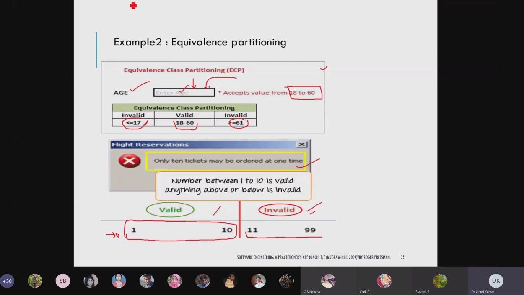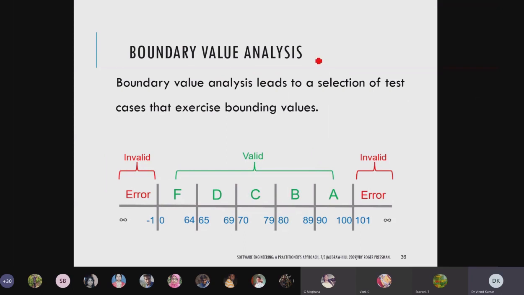Okay, so next, the partitioning we did here. After the partitioning, our next step is boundary value analysis. Boundary value analysis helps to check the system at the boundary values only, not the values in between. So besides checking all possible values, you just check at the boundary positions, and you can leave other things.